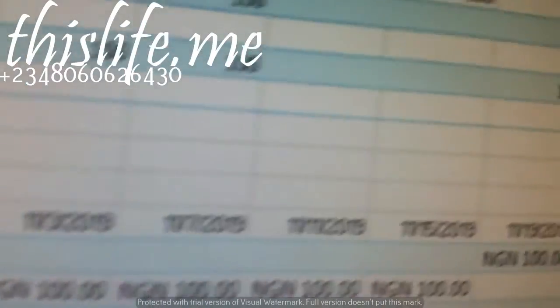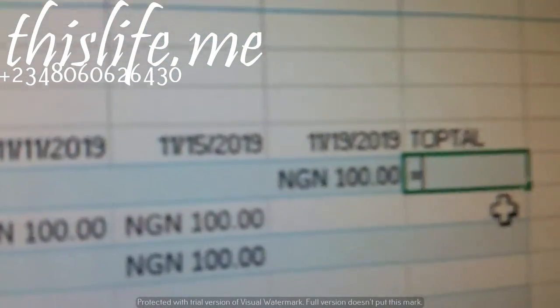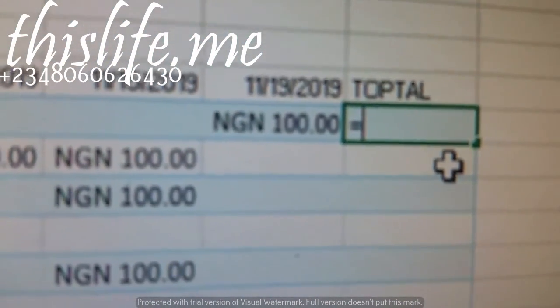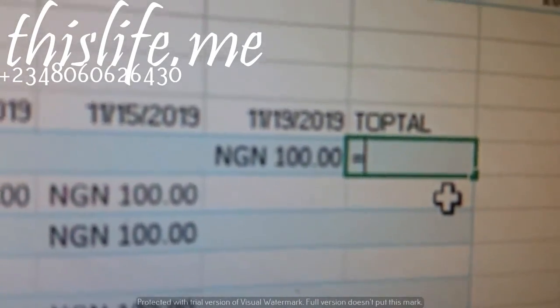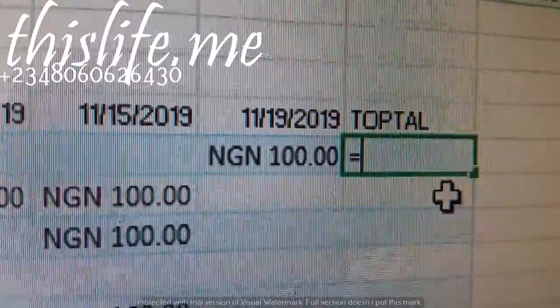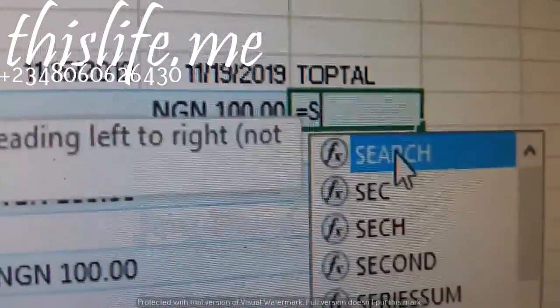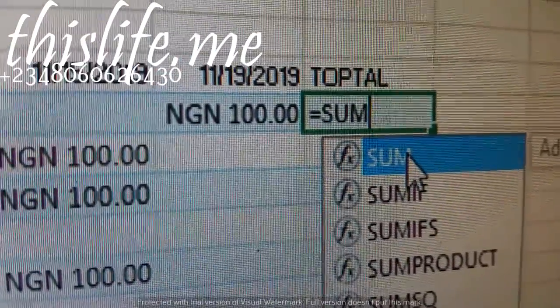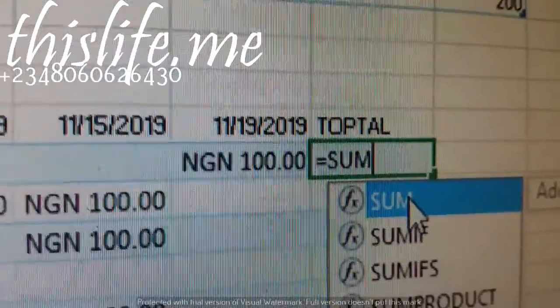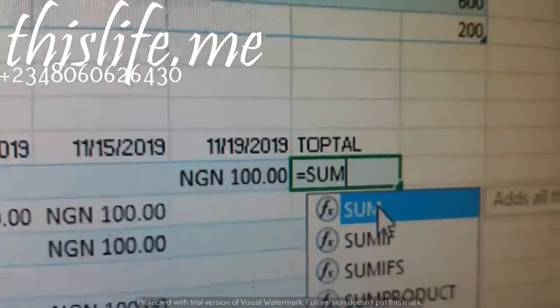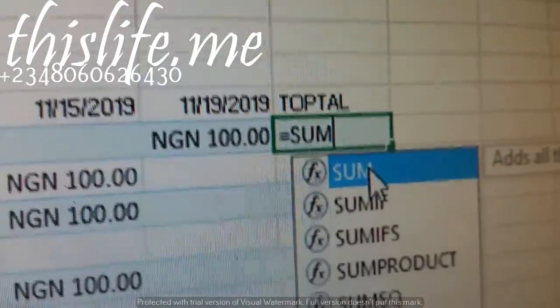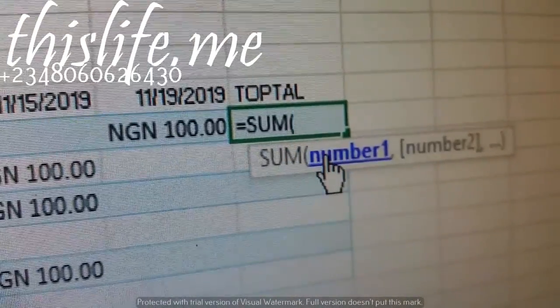After inputting the equal sign, the next thing we put in Excel, when looking for a result, is the function name. In this case, which is SUM. Now equals SUM, then open bracket.